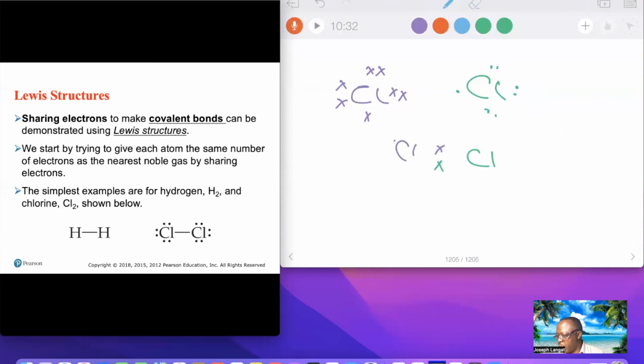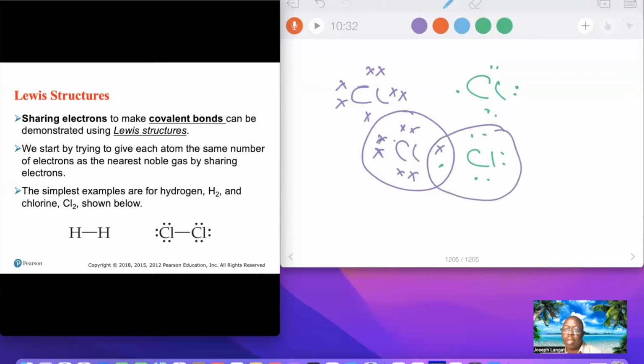Cl, this should be a dot, and then I have 1, 2, 3, 4, 5, 6, 7, and this one is 1, 2, 3, 4, 5, 6, 7. So the 2 electrons being shared here, you see the green dot and the X represent the shared electron, and we use this single line to show